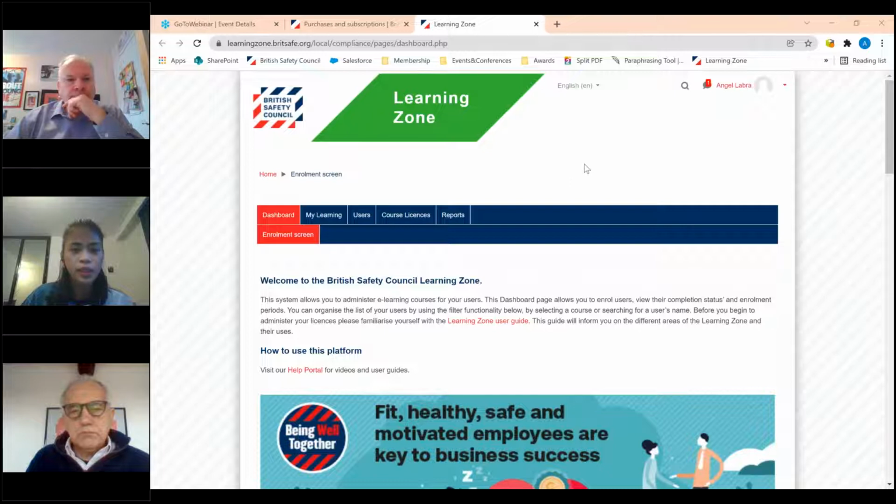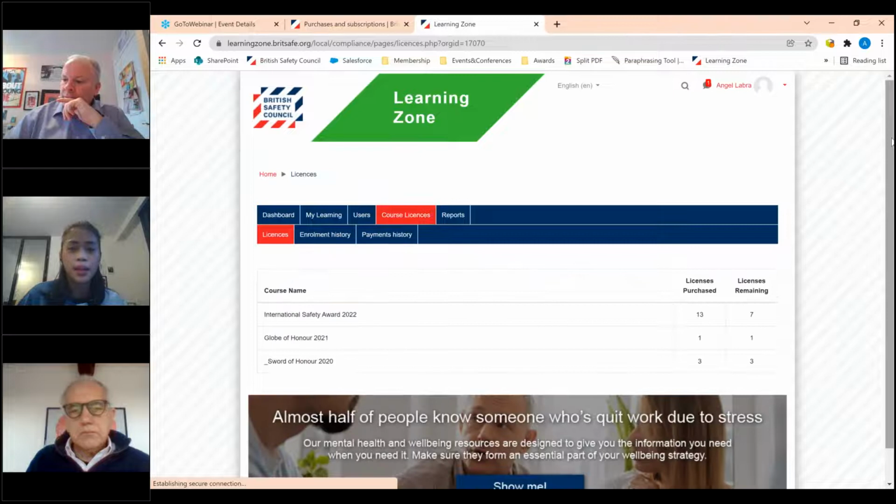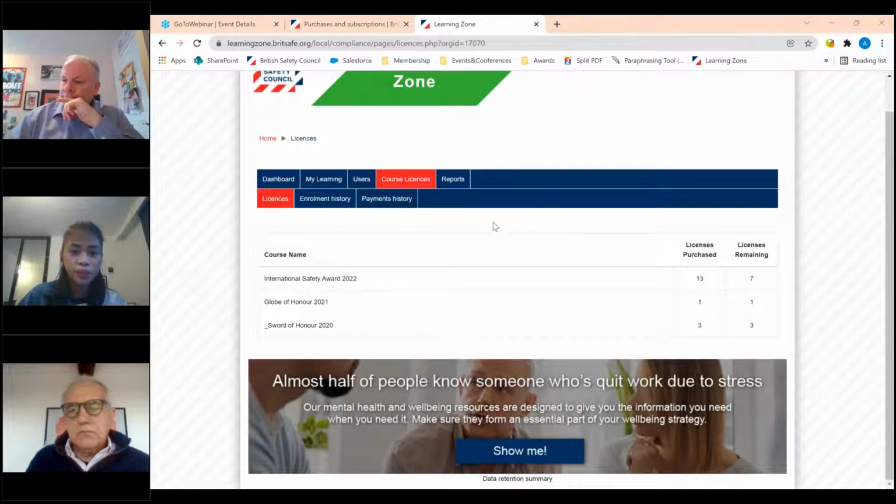So once you're in, you can see the summary in here. You can see blue tabs in here that you can click through. So one tab, for example, the courses licenses. You can see in here how many licenses that you have purchased and how many you have remaining left to allocate. So in order for you to access your application, you'll need to enroll the user who will be completing the application. So if this is yourself, what you just need to do is go to dashboards,